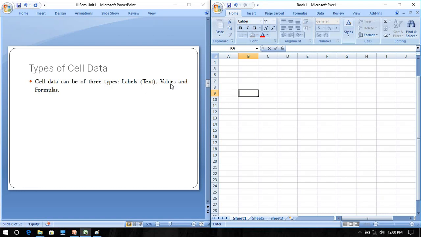Values, that may be numbers. And formula. Formula contains operators and operands. Operands are the data. Operator is nothing but the symbol, the instruction, the operation. So three types of data you can enter in a cell, not other than that. Either labels, values or formulas. Remember this.